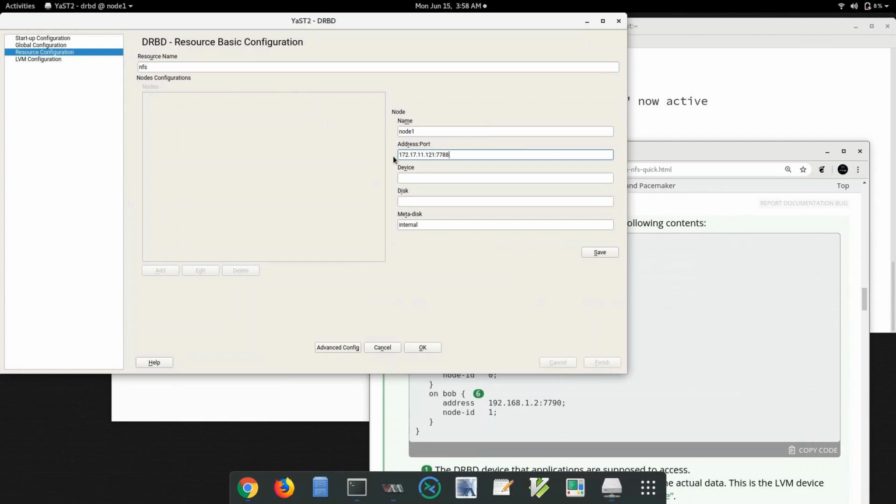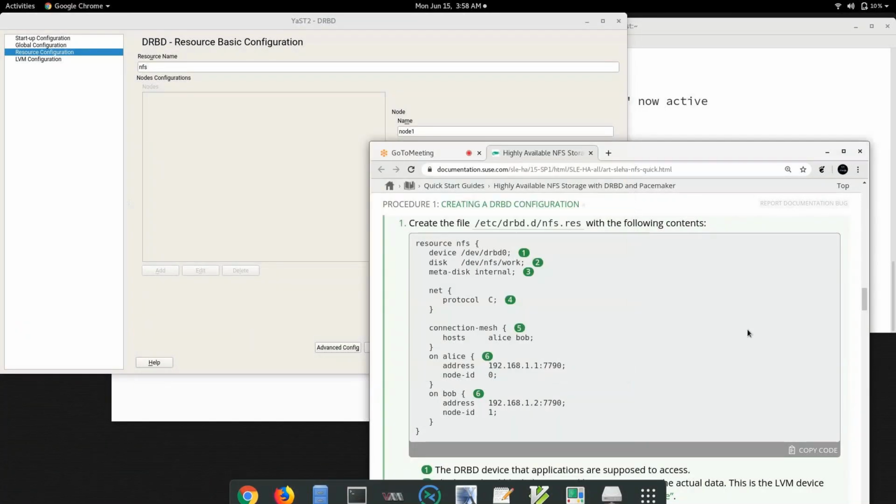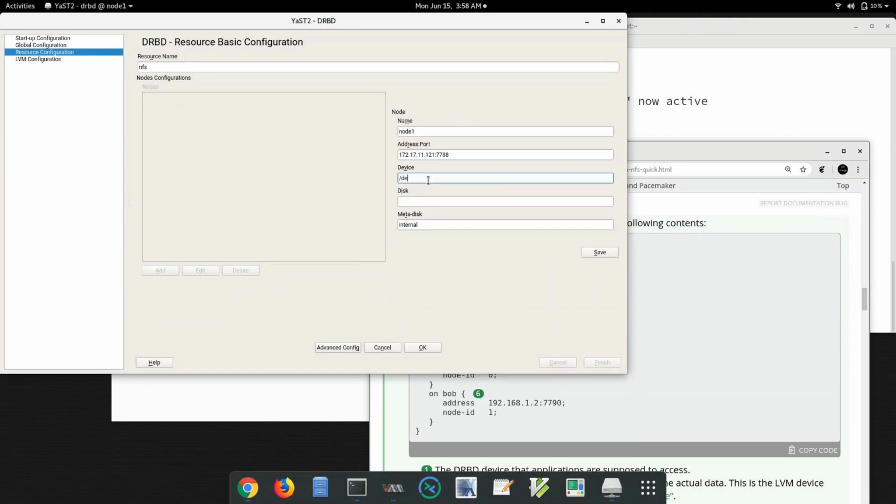If you want, you can create two virtual IPs, VIPs, one for node 1 and one for node 2, and use those as well. That is completely up to you, whether you want to use a cluster IP address or a static IP address. In my case, I'm using this one. Next is the name of the device which will be used by the application. This device is not currently present, but it will be created once you start your DRBD service.